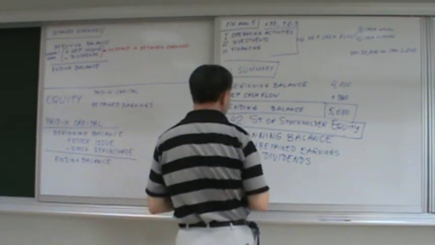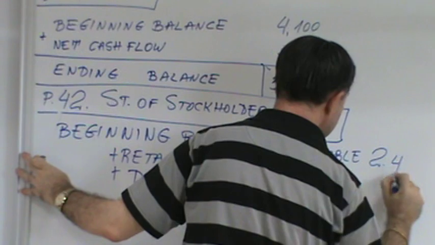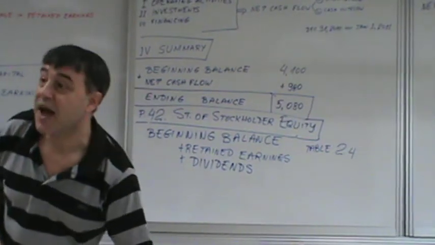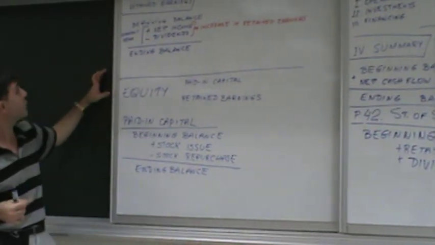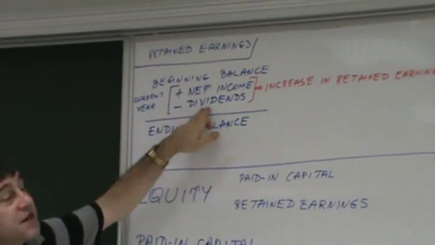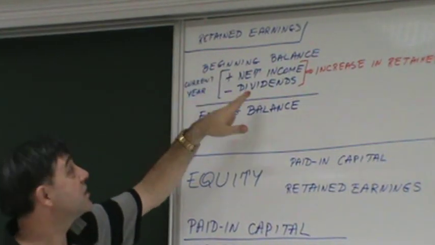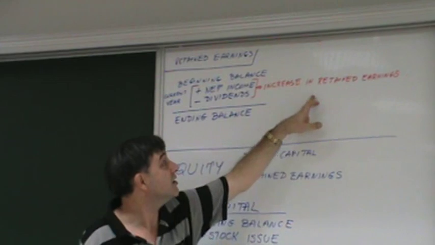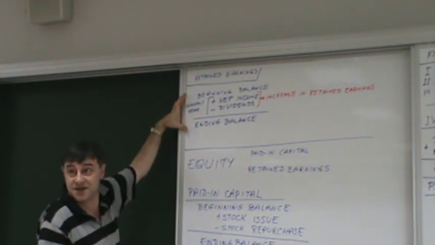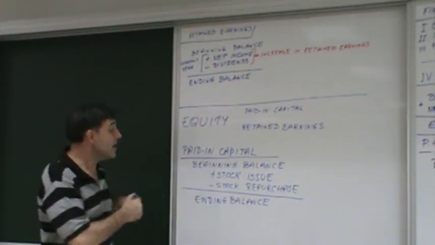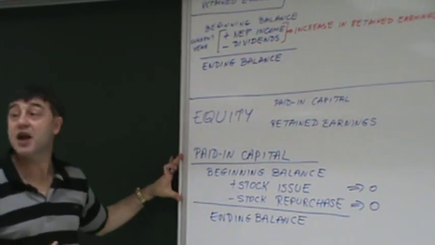This is table 2.4. Table 2.4. Basically, they said add net income, subtract dividends. So add, let me see, the retained earnings. Add net income, subtract dividends, and basically what they said, hey, this is the old equity, add the net income, subtract the dividends, which is the increase in retained earnings, and then they say this is the new equity. Okay? So they did exactly this piece, and basically they ignored the paid-in capital because this was 0 and this was 0. Very commonly,